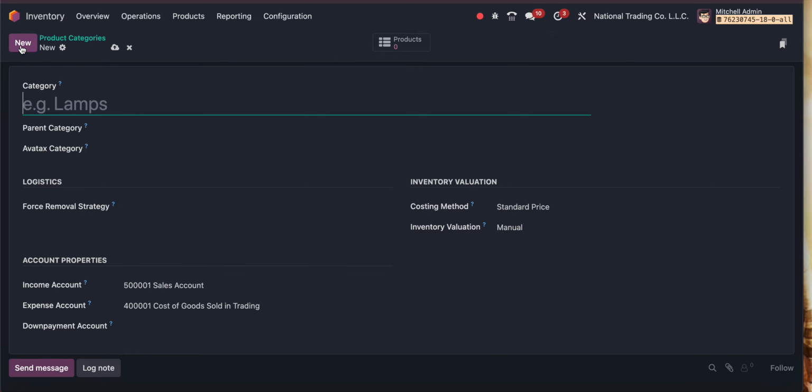That will give you a form opened in front of you for the configuration of a product category. I give the product name as trading products, and in bracket I give inventory or stock as you prefer. The next thing is, if any parent category is applicable, you can give it. For example, if you are doing a supermarket business, this is the parent category for the trading items. When you want to create subcategories, when you create the next category, you shall give